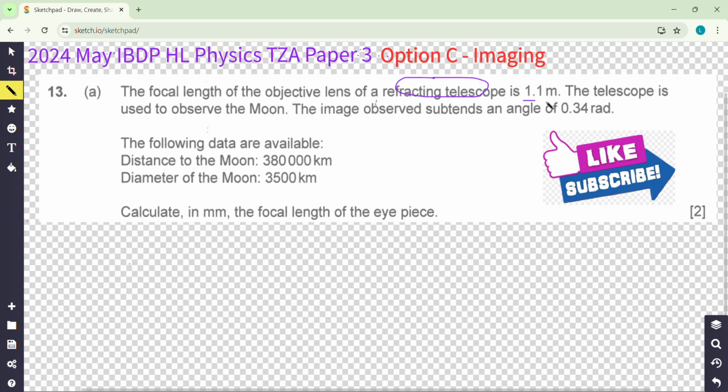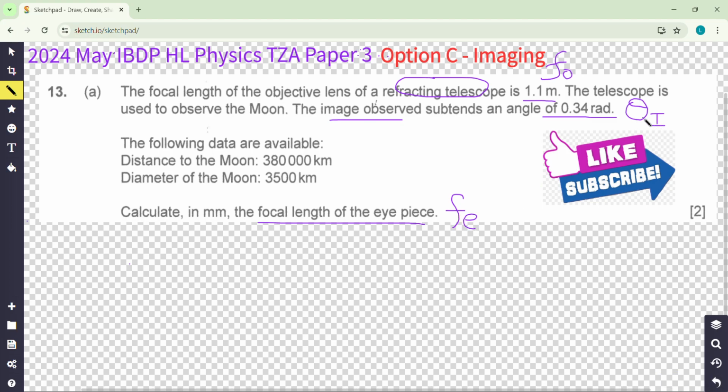First, 1.1 meter. Focal length of the objective lens, so it's f0. And 0.34 radian, the observed angle, so it's theta image. So you have to find their partners, right? Focal length of the eyepiece, yes, is what the question is about. And you have to find theta